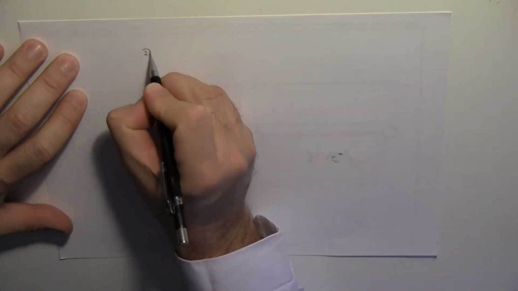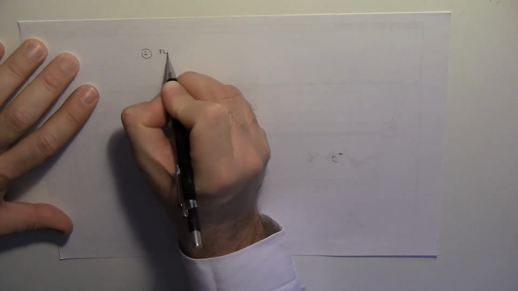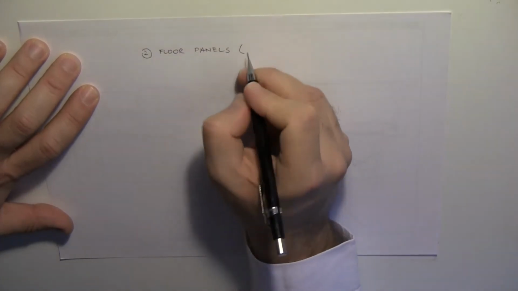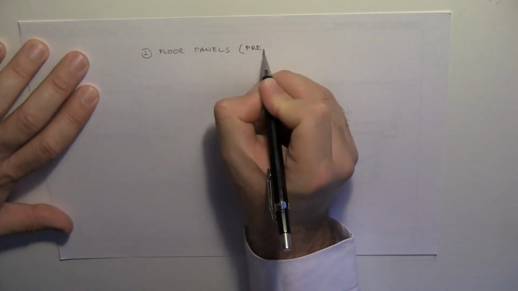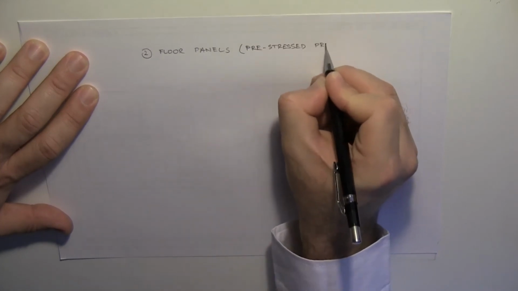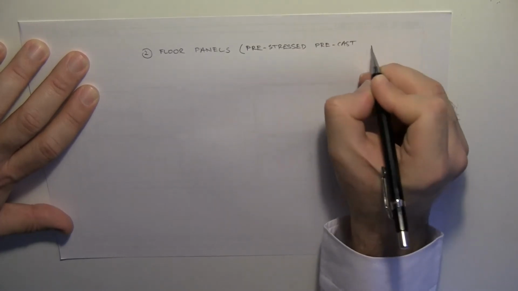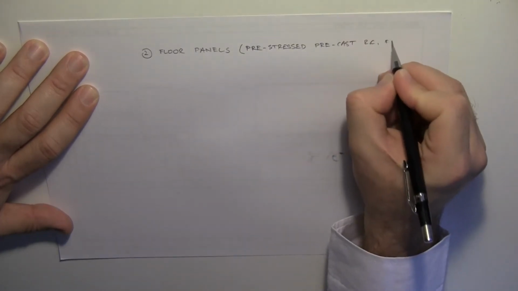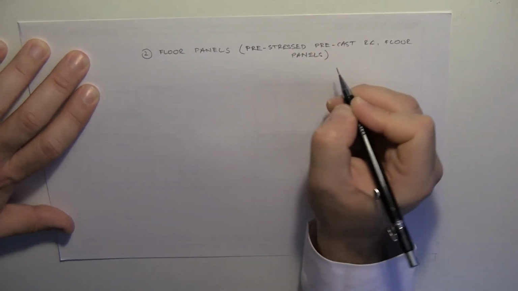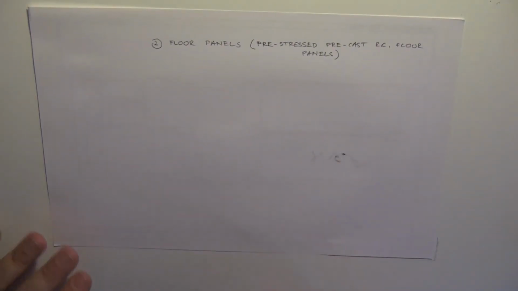Okay, so what I will do is going to be the second type of floors in steel structures, with floor panels. But I'm going to talk about a unique type of them, pre-stressed precast reinforced concrete floor panels. That is the panels that can be used, but we don't use it so much